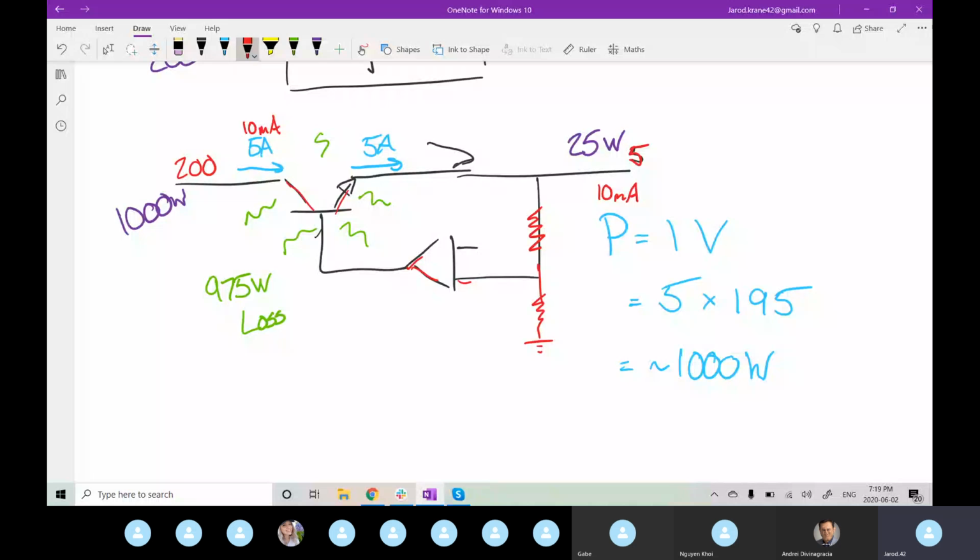LDOs versus switching. Well, I'll take no comments as you just don't want to say anything, but we'll move on anyways. Okay, so we can shift over to